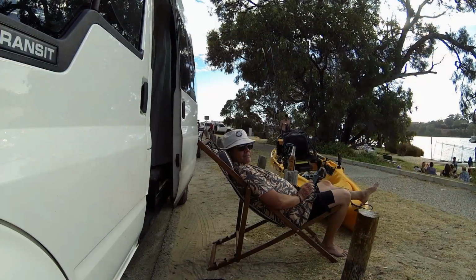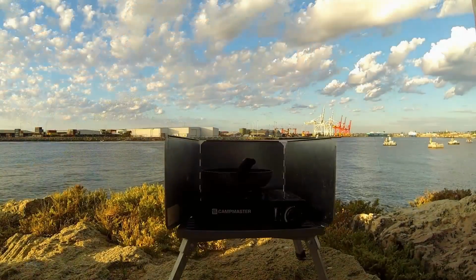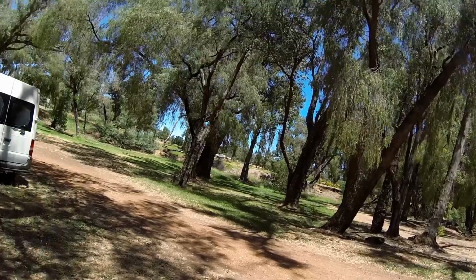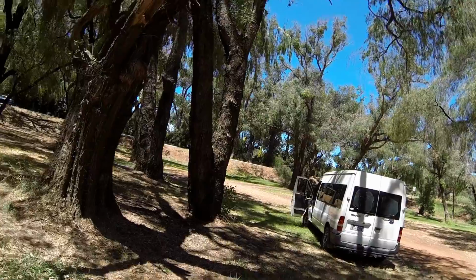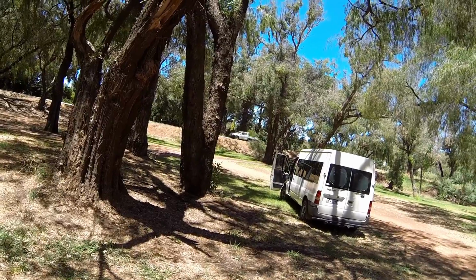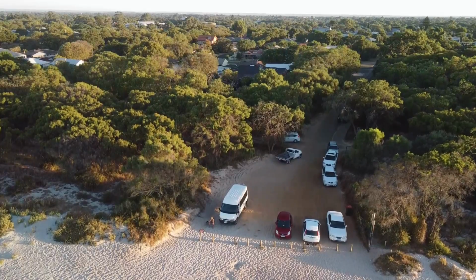The next thing is arrive late. Do your fishing, do your drinking, do your cooking elsewhere, down the beach, pick a nice spot. Your camp spot for the night should just be the last spot where you pull up, turn the lights out and jump into bed and lock the door. And in the morning, you're getting up, move back to your nice spot down the beach, down the river or wherever. You can do all your cooking and everything there, so you haven't slept there the night, you've just arrived